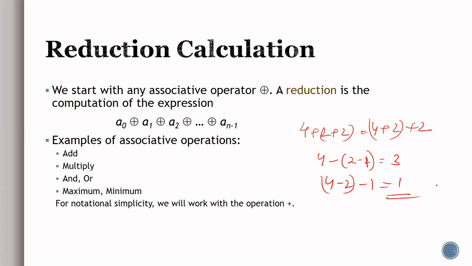Here we are going to use a terminology called reduction operation. Given a set of values a0, a1, a2 up to an minus 1, a reduction operation is said to be a0, the operator a1, the operator a2 up to an minus 1. The reduction operation is a type of operator which is very commonly used in parallel programming to reduce the elements of an array into a single result. Reduction operators are associative and often but not necessarily commutative.